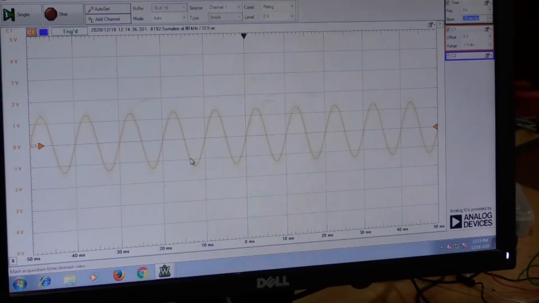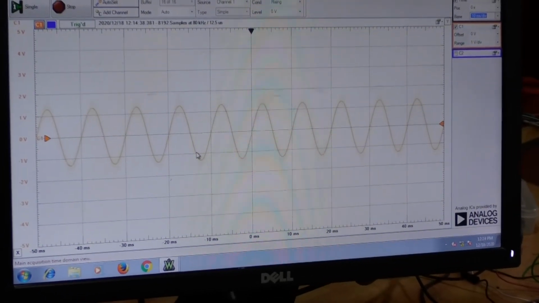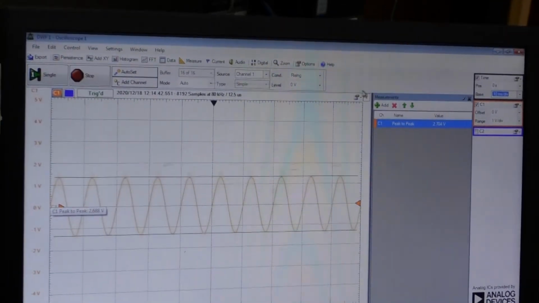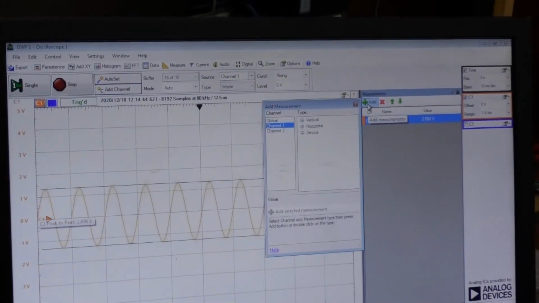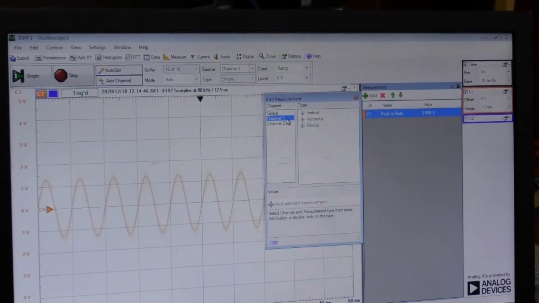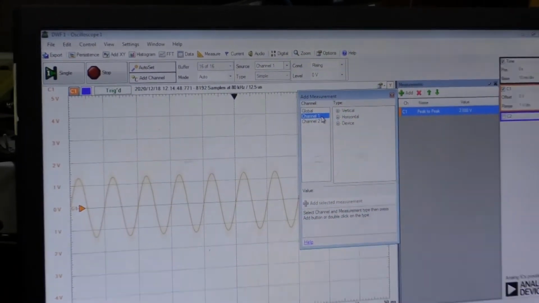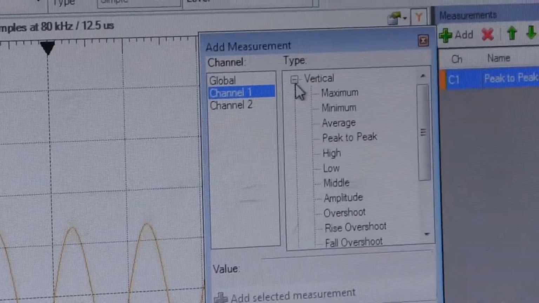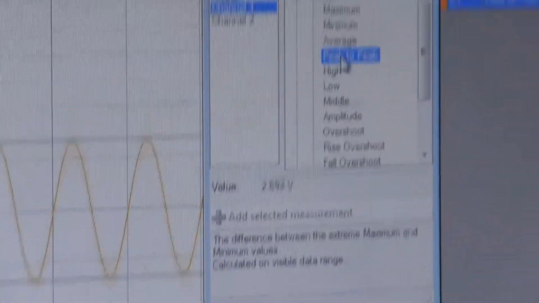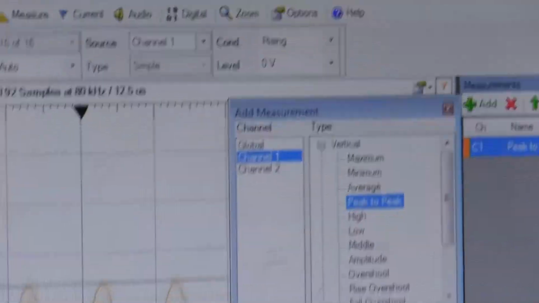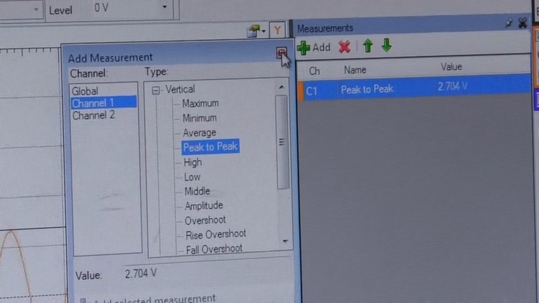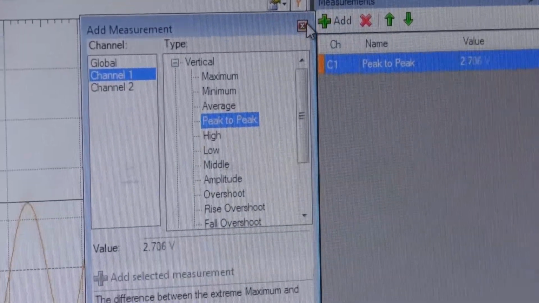By using this signal, we are going to measure the output voltage. For this, go to Measure and select the Add button. Here we are using channel 1, so select channel 1. We need to measure the output voltage, hence select the Vertical button. In that, choose Peak to Peak and add it, so it is automatically added to this window.